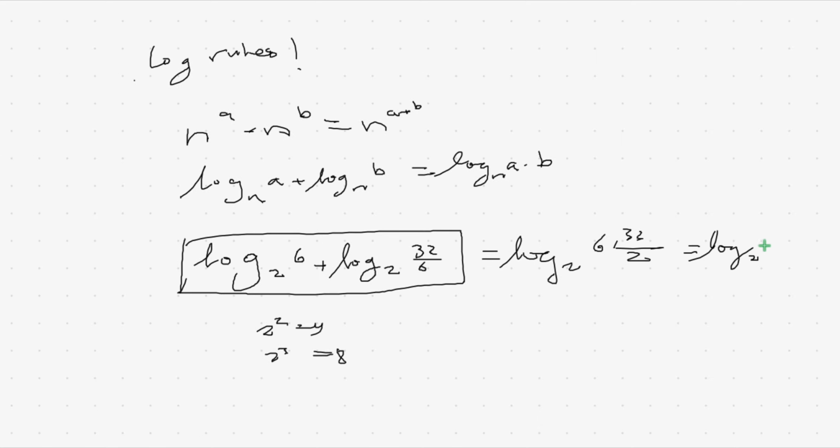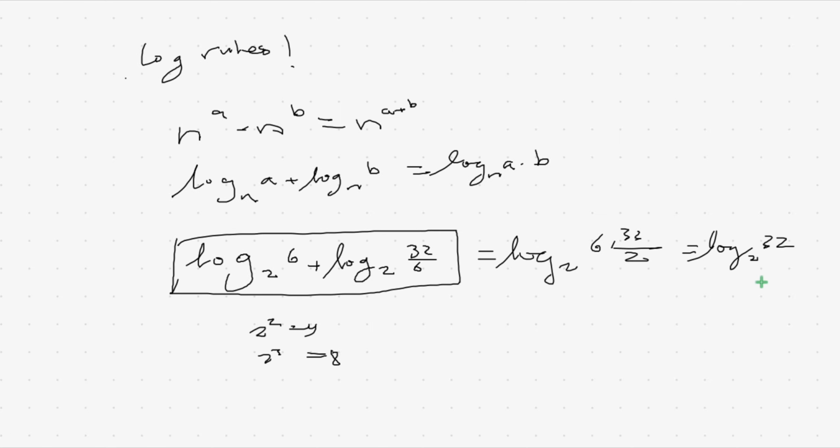Log base 2 of 32. And we know what this is. 2 to the 5 is 32. So this equation, the answer to this is 5, right? Okay. So similarly,